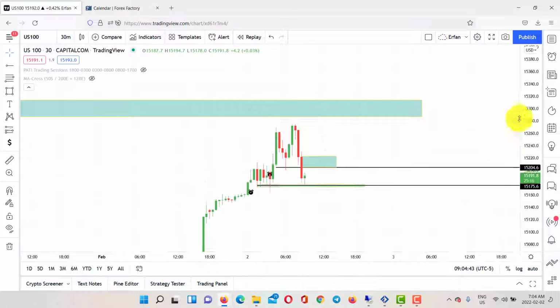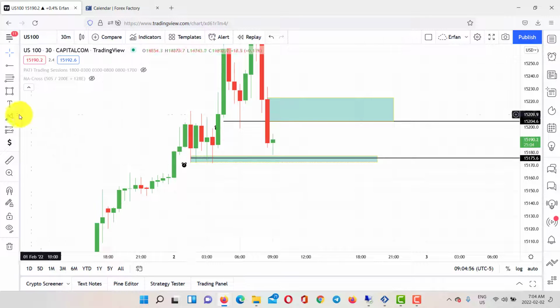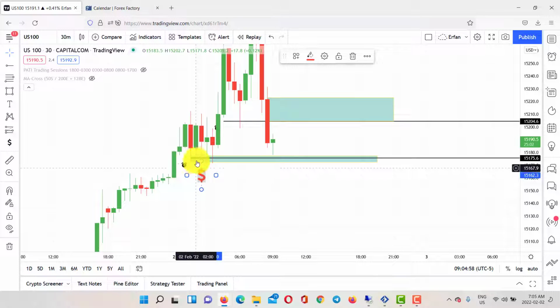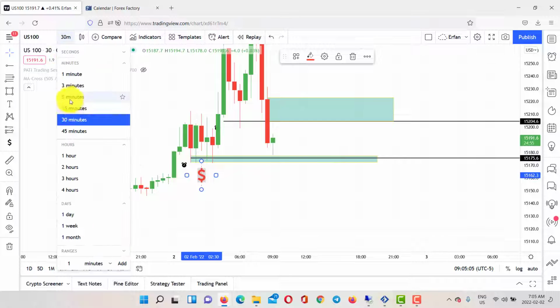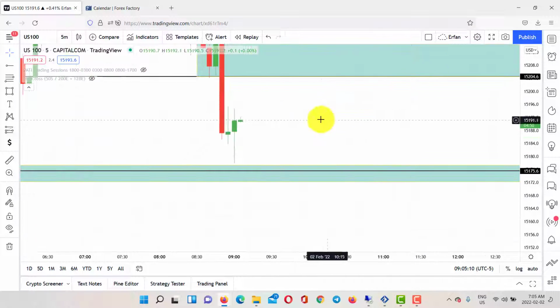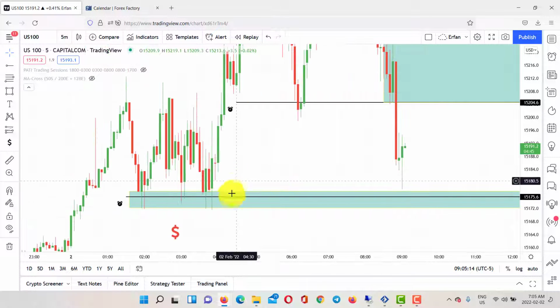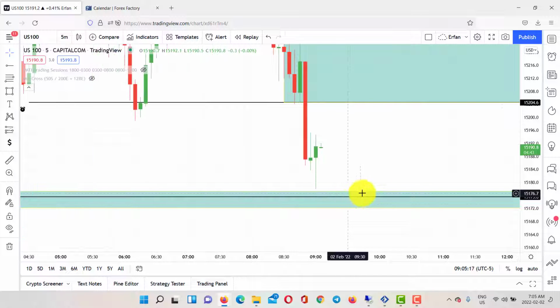Okay, NAS100. Yeah, as I said, it probably goes up to here to kind of deceive all the buyers, and then it comes down to grab all this liquidity here. There's so much liquidity here. Look at these rejections, 1, 2, 3, 4 rejections. So it's a very strong support, which means there's so much liquidity here. So you don't want to be part of it. You just want to wait for the price. Look at this beautiful candle that shows, oh yeah, it hits the support, and now it's going up. Not really, it didn't even hit the support, but